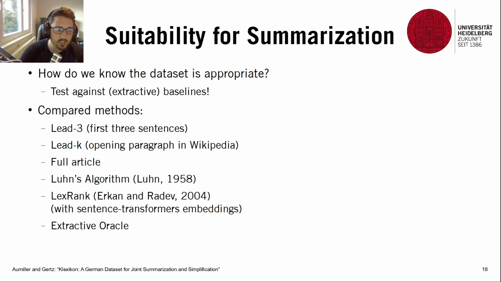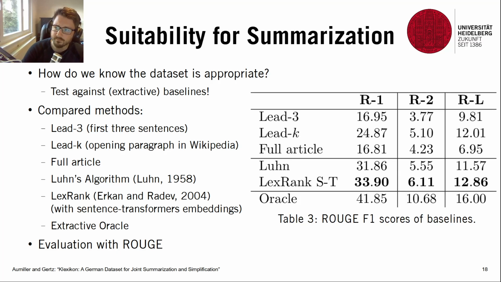We also provide a form of upper limit for extractive solutions by having some oracle solution, and evaluate everything together with the popular Rouge metric, which basically just gives us information about n-gram overlap. When looking at the resulting Rouge scores, we find that, as expected, our lead baseline and full article baselines are still not ideal, and it turns out that knowing generally how long a summary should be gives us quite a significant improvement, for example, with the Loon and LexRank scores.